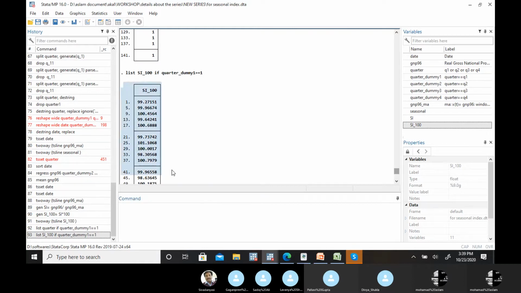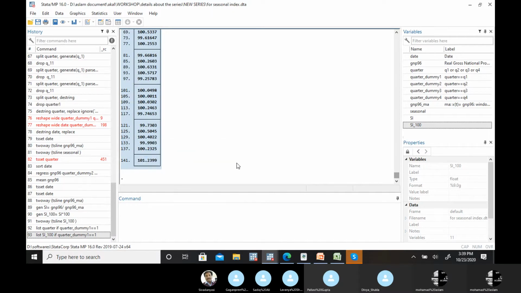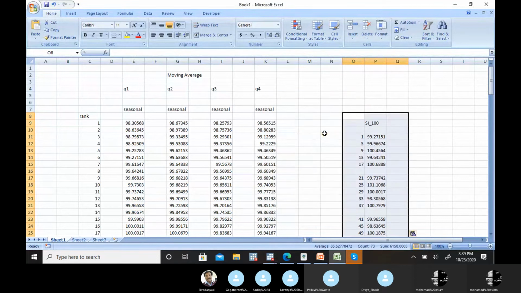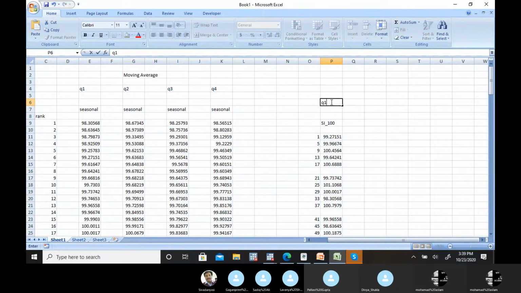So just to make it in Excel, just select all these, copy table, paste in your Excel. So these are the values for your first quarter, Q1.